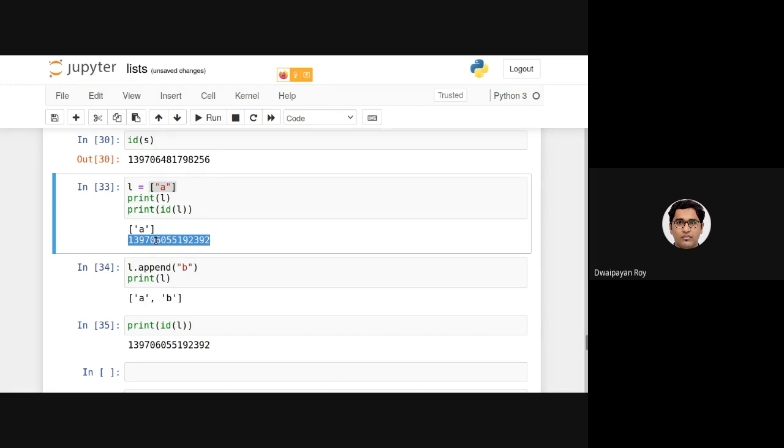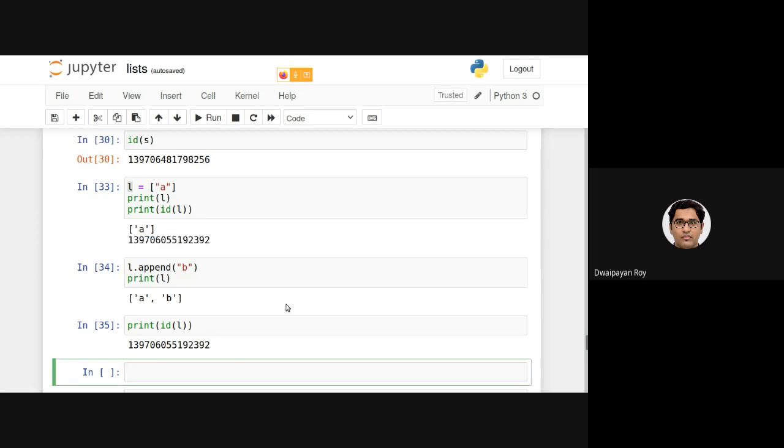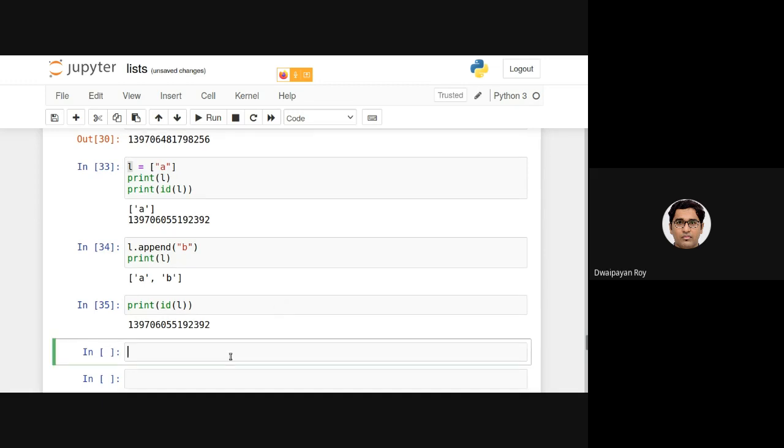This is the way mutable data types handle the individual items stored in them. So during the whole lifetime of this L, this ID will be kept constant. Now, if I redefine L with, say, 1, 2, 3, and print the ID of L, it will be different.